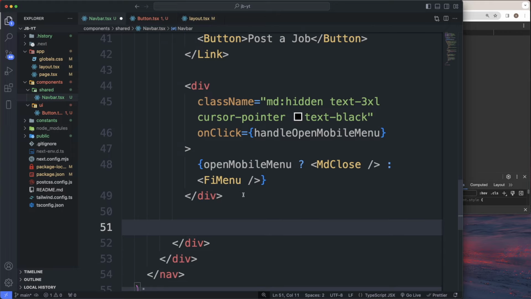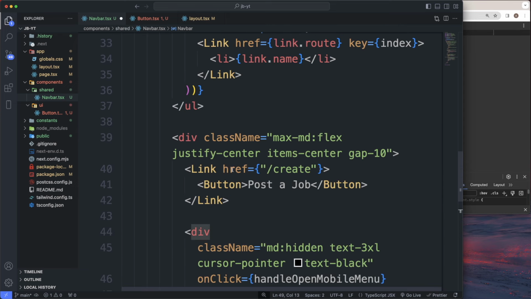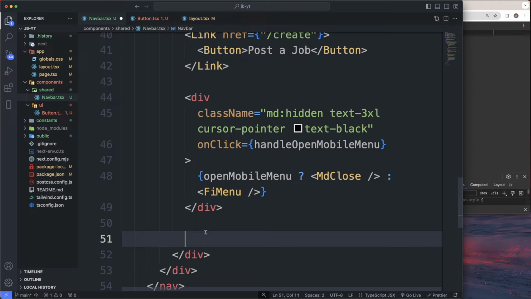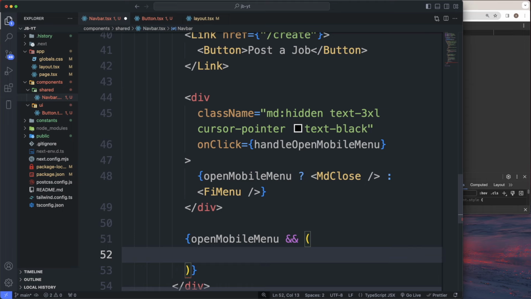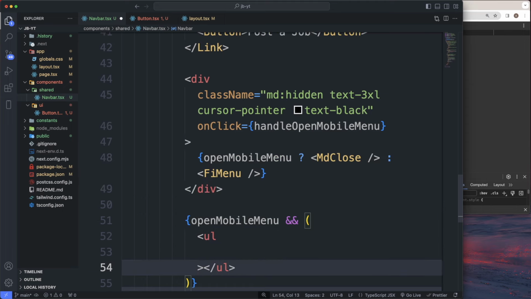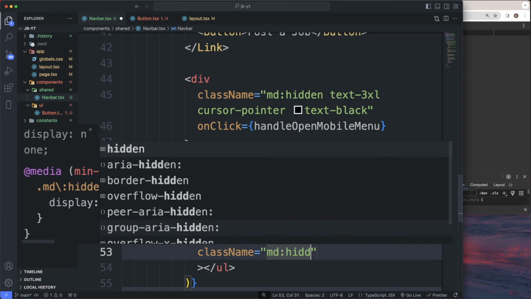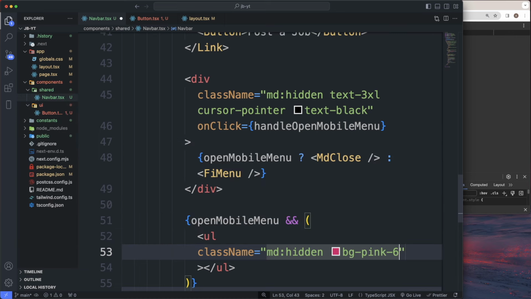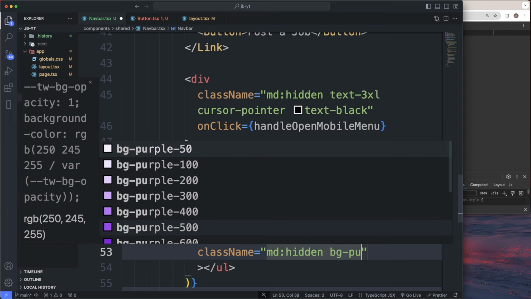All right. So after this div, now we're going to render our open mobile menu links. So underneath this div, still inside of the div where our button is at, we're going to render this conditionally. So we're going to do openMobileMenu, double and. So if it's openMobileMenu, we're going to return a UL, and this UL is going to have a long class name: md hidden, a BG of purple 600, not pink, purple 600,